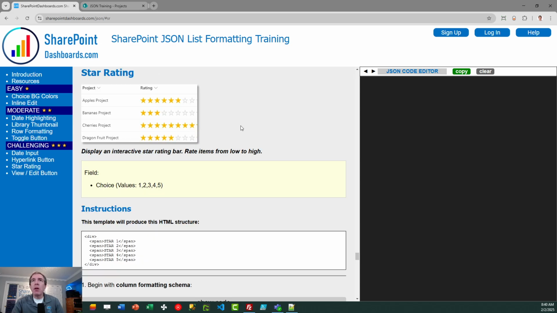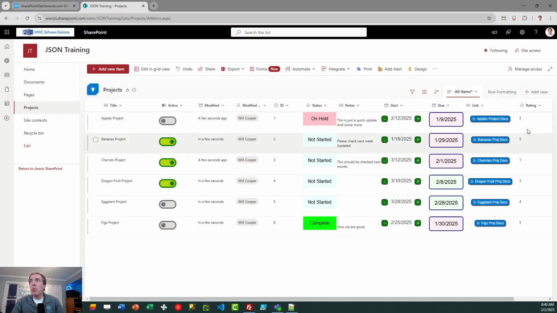We're going to be doing the star rating training. In order to use this template, we need a field in our SharePoint list, which will be a choice field. And for this training, that's going to have choices 1, 2, 3, 4, or 5. So it's a 5-point rating that I'm doing here for the choice field. I've named my field rating. I encourage you to do the same. It'll be a little easier to follow along,